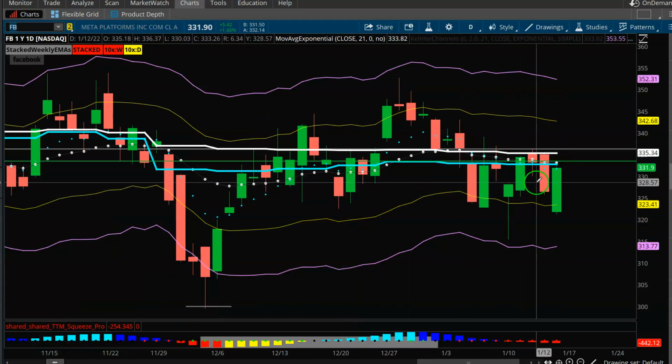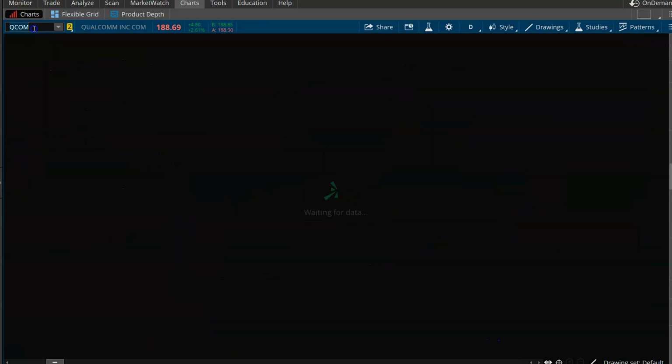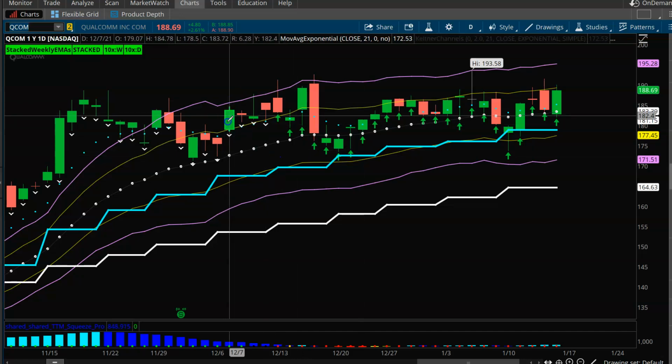There's no edge here. So what I'm looking for with these big three buy signals, and I got a scan going for this right now, is I'm looking for the ultimate squeeze, right? With a mix of everything that we discussed here today and a few other things, I'm just trying to differentiate between a squeeze and let's call it a super squeeze. Okay. So if you look at Qualcomm here, this is so important, especially during volatile markets, because if you have